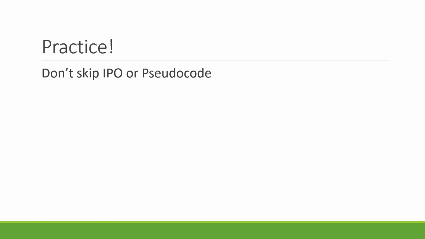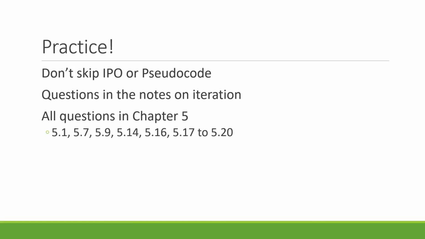Do take the time to do those IPO charts and the rough sketch of your processing logic before you start coding. You can do it as flowcharts if you're familiar with them. You can do it as pseudocode. It doesn't actually matter. Just do something. Sketch out your logic on paper before you actually start coding. Not only does this make the actual coding easier and faster, but it will help you make a more robust and more efficient program. Now make sure you do the extra practice exercises in the notes, as I said before,